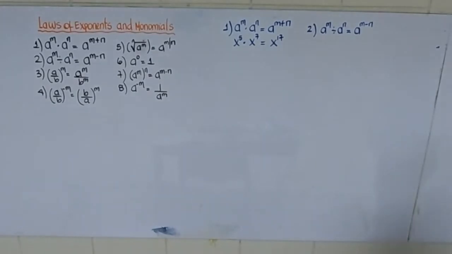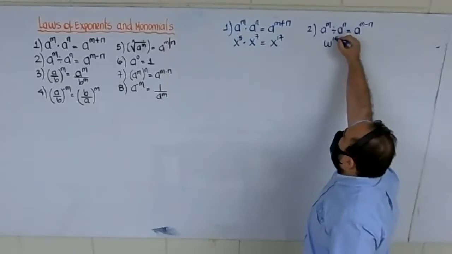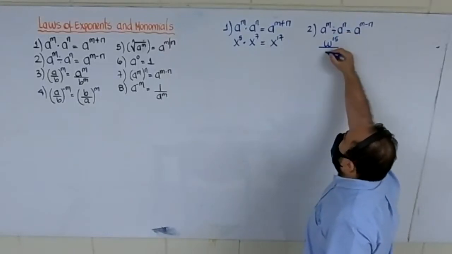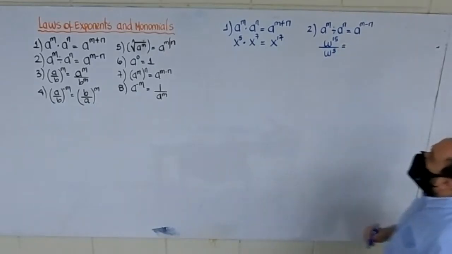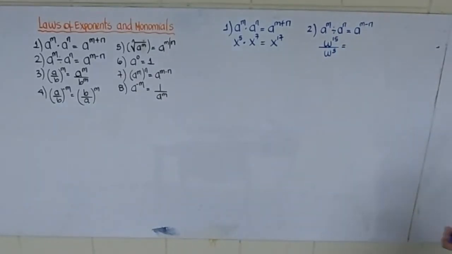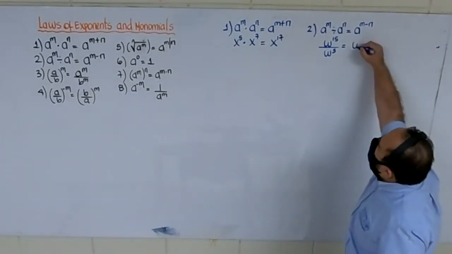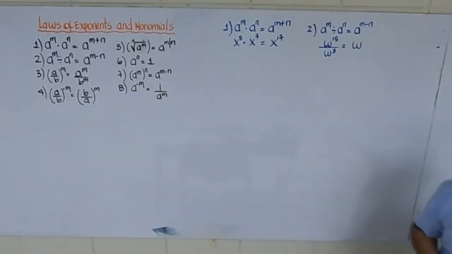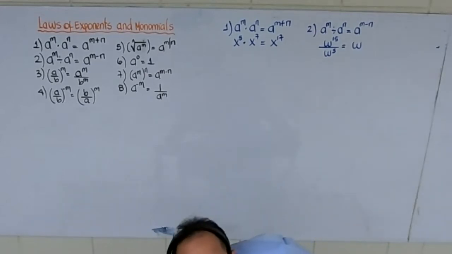For example, if we have w to the 15th power over w to the third power, according to this rule, I copy the base, in this case the letter w, and